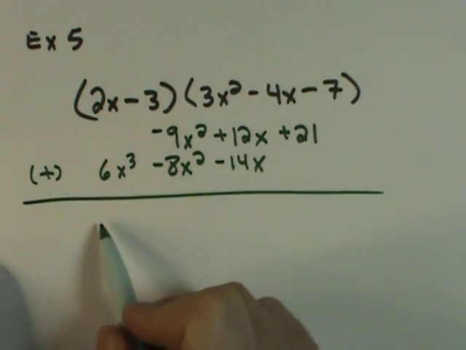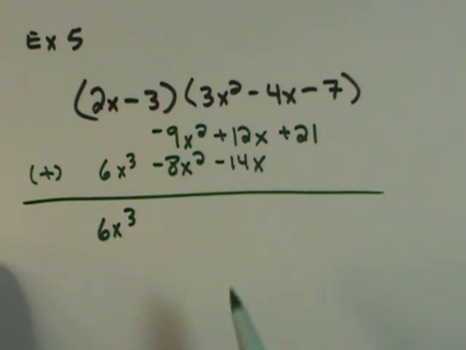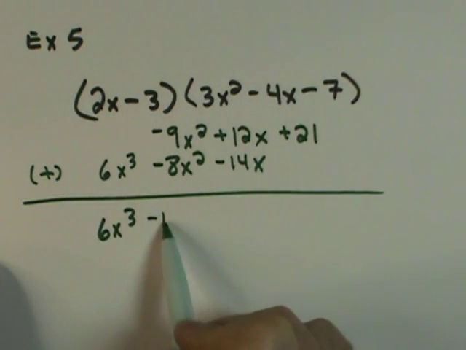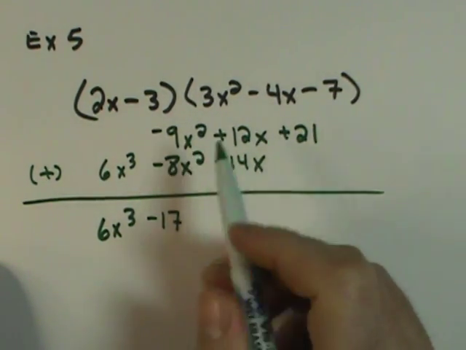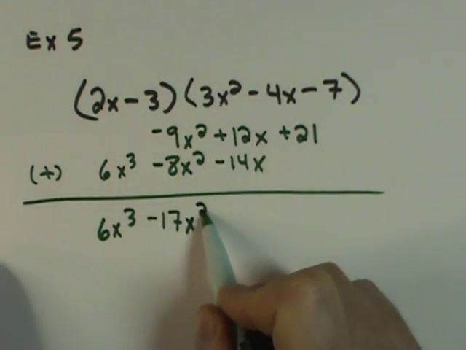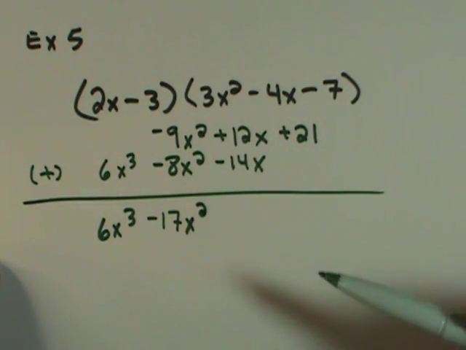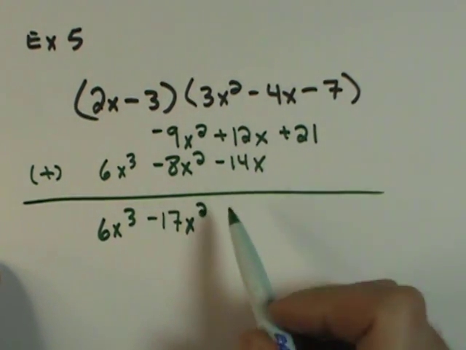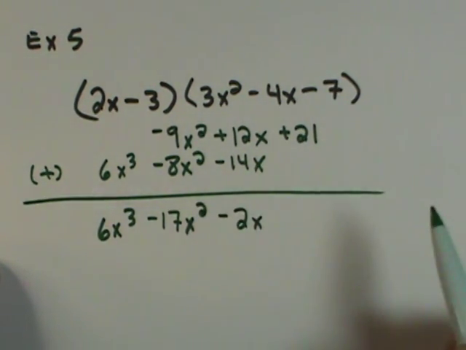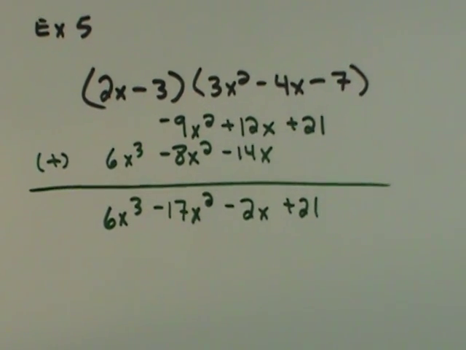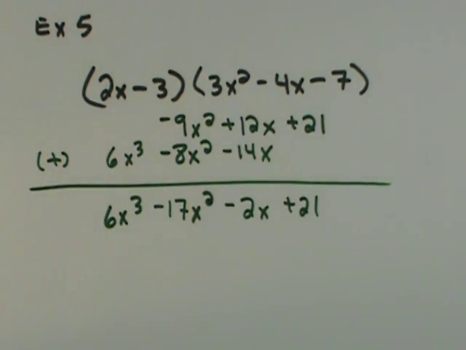So I bring my first term down, that's 6x cubed. A negative 9 and a negative 8 would be negative 17. Notice that the labels don't change, so it would be an x squared. When we add and subtract, we create no new animals. 12x take away 14x would be minus 2x, and then a plus 21. I'll do a second example of this, and then we're going to move into what we call a triple